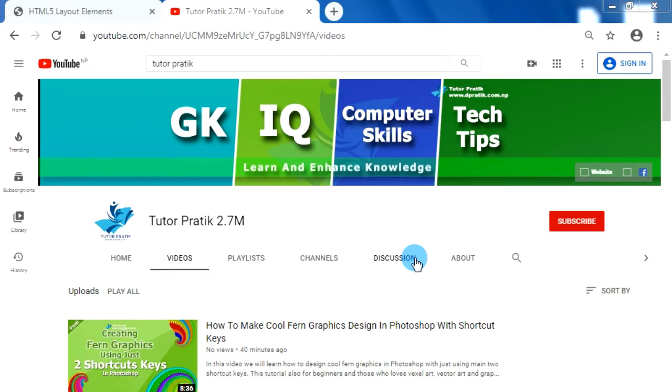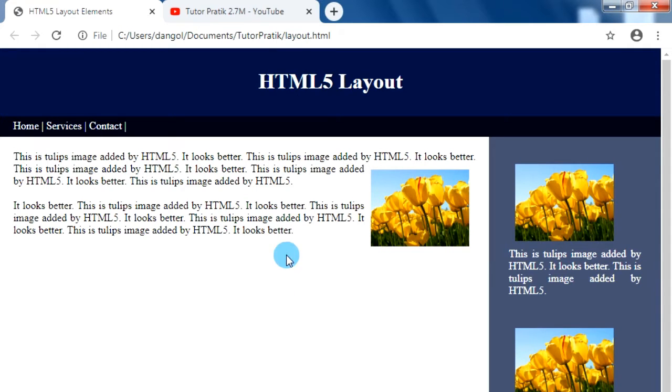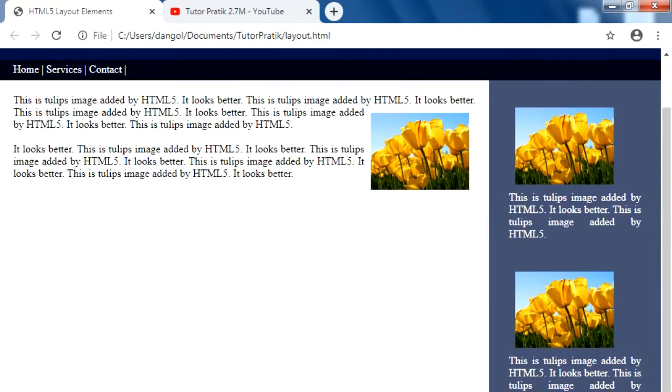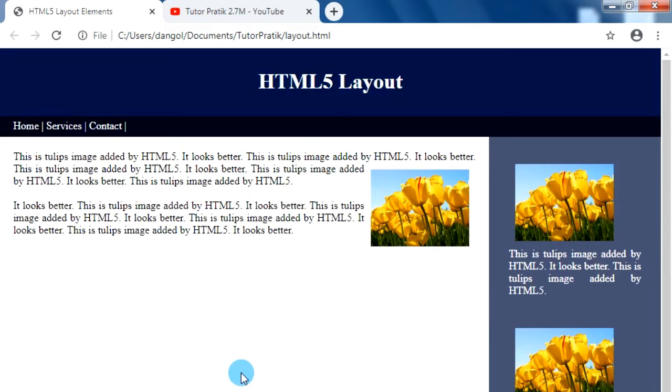On today's session, we are going to learn about HTML layouts. In HTML5, we have some new HTML elements that are used to create layout divisions like headings, navigations, aside, and some footers and sections, articles. So today we are going to learn to create simple layout designing in HTML by using these new HTML5 layout